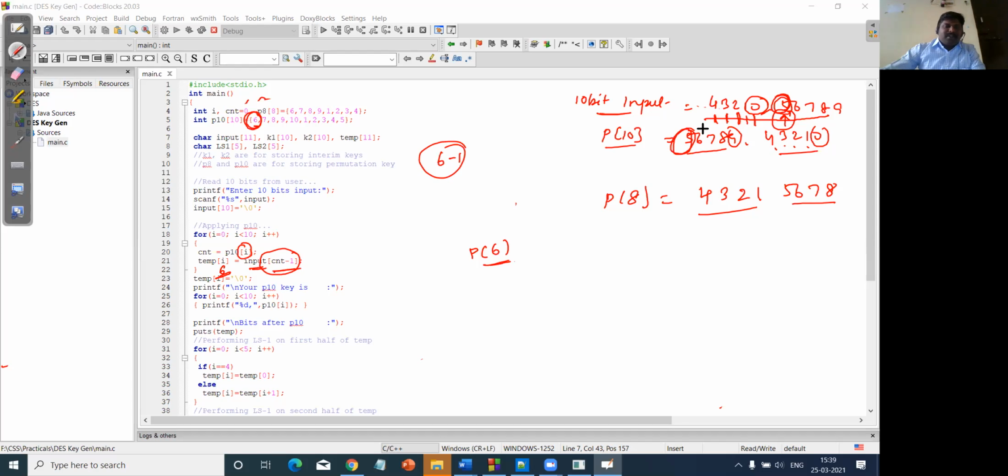Why minus, why do we do it here? Why is it cnt minus 1? Otherwise what will happen? Otherwise I may need to assign it, so here I need to start it from 0 to 1. So instead of that, if I use my P1 value, rather than 0 to 9, there is no need to do this. I hope this is clear. Is there any query regarding this explanation?